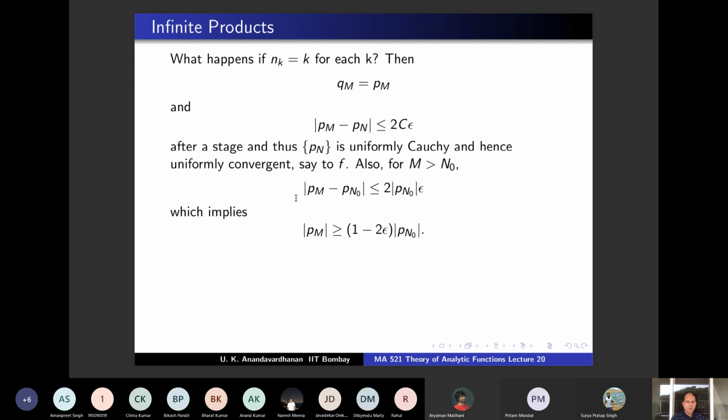Apply the reverse triangle inequality here. This is less than or equal to mod Pm minus mod Pn naught, from which you will get, in particular, that mod Pm is bigger than or equal to 1 minus 2 epsilon something. This is just one part of the reverse triangle inequality. And from this, you can conclude that F is the limit, F is the full product. So you have got that mod of F is bigger than or equal to this much. Because this is the partial product. Partial product itself is bigger than this. So the full product is